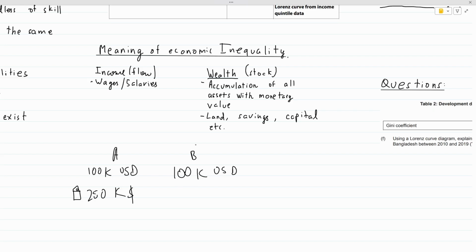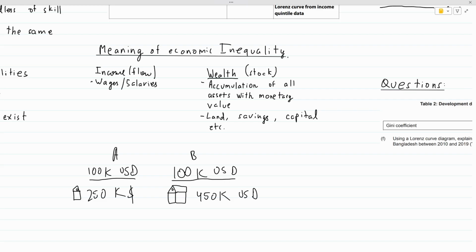However, let's say that they had richer parents who were generous and they gave person B their house. So let's say their house is slightly bigger and they haven't had to work as much for it. So let's say person B has a house worth 450,000 US dollars. So in this case, as far as income inequality goes, as they're both earning the same amount each year,